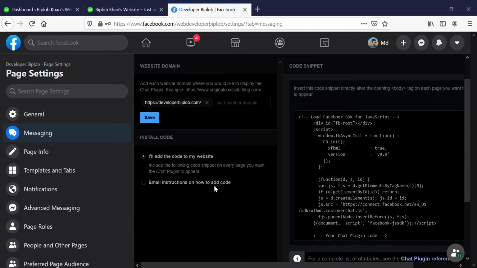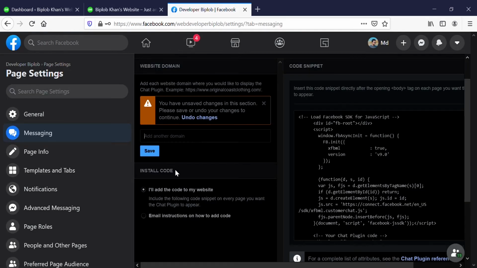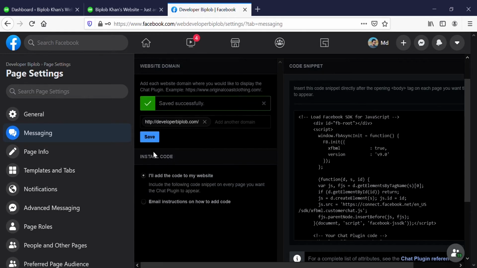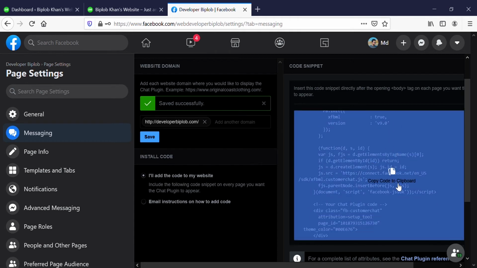Then here I already added the website name. If you haven't, just add your website URL. So I just copy it and paste it here, save it. Save successful. Just click to copy the code to clipboard, click on it,